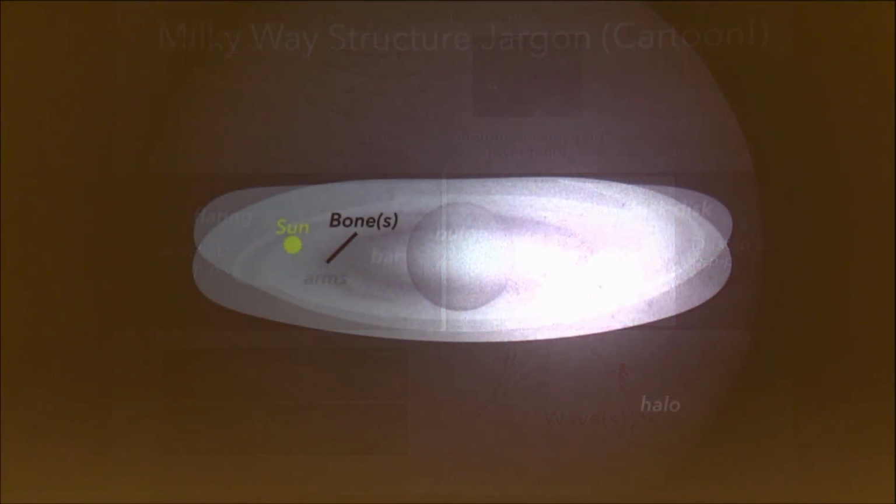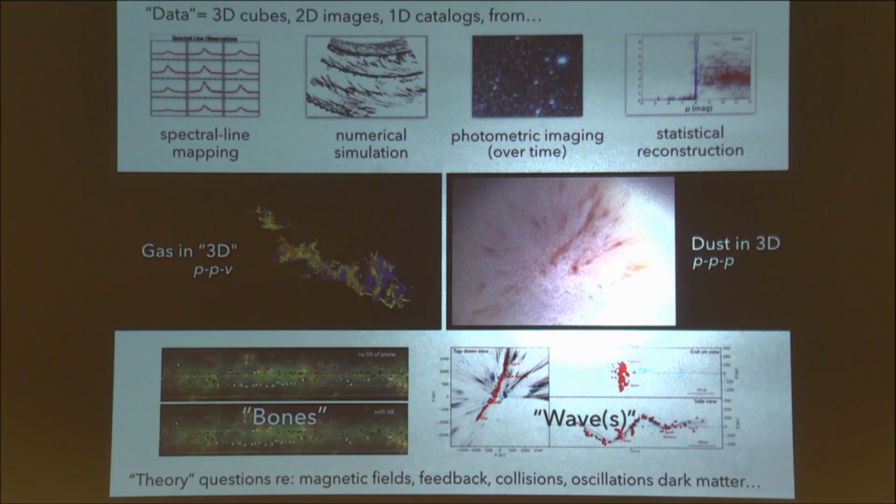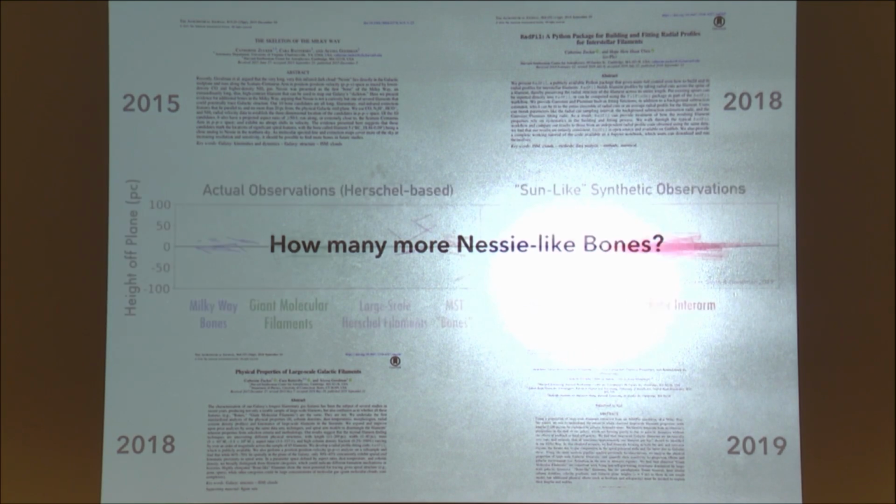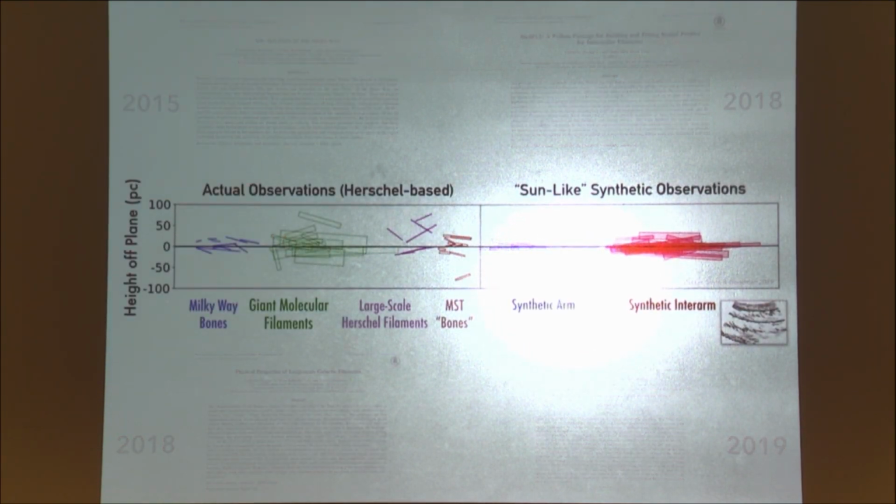Sure. To what extent are they, as neutral? To what extent do they cross? Yes, I didn't put that slide in. So in the simulation, oh, actually, I sort of did, because if you go back here, let me just go back. You see the blue and the red? So the image is too small to see, but basically the ones that say arm and then the ones that say interarm. So the ones that say arm would be, you know, in an arm, like along a circle, and the ones that say interarm are this kind of webby stuff between the arms. So is that what you were asking? Okay.